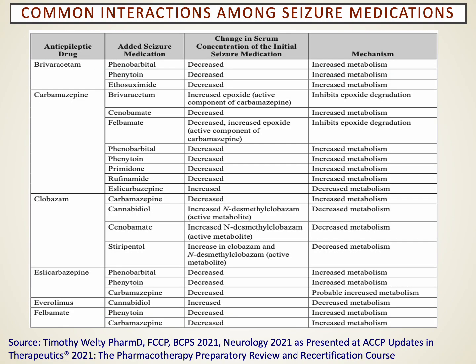So there is a list of tables here for lots of drugs that have interactions. And I think at this juncture, it's not as important for me to go through all of these. What is important is to recognize there are many interactions, particularly among the antiepileptic drugs themselves, that will affect the increase or decrease metabolism of them. And you always want to use some sort of an interaction checker when you're adding or subtracting any drugs for patients on these therapies.